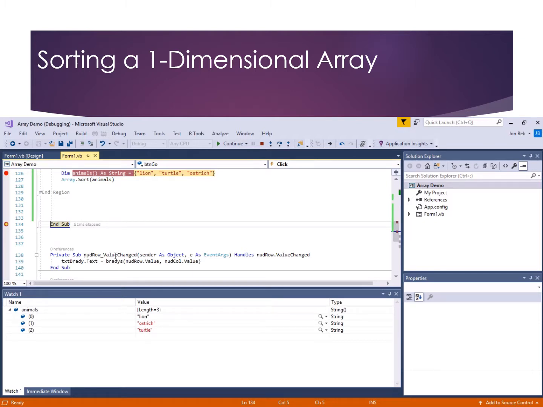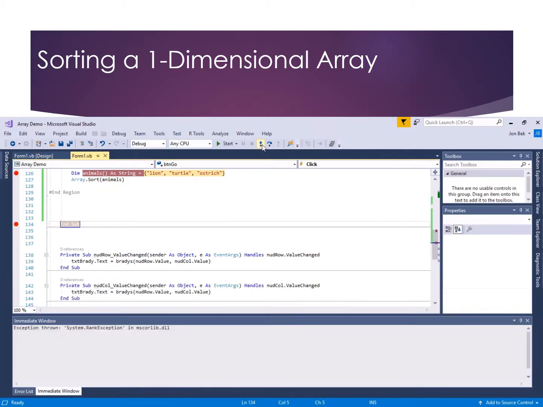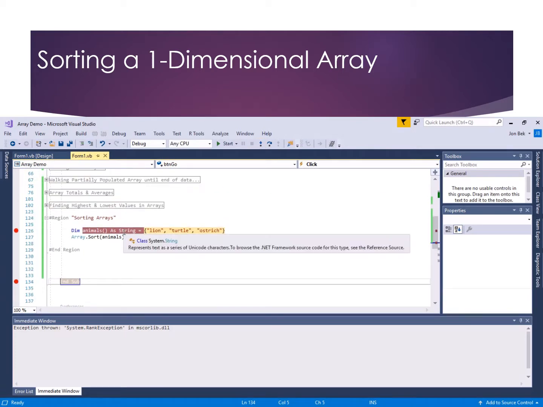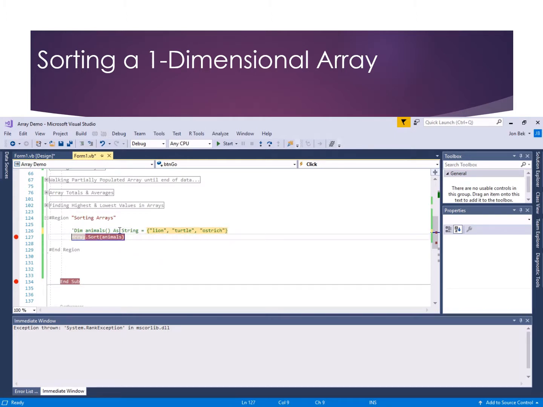Neat. Okay, so now we've got a sample. Let's see if we can use that sample on one of our arrays. Now, this was a string array. Will this also work on a numeric array? We've already got a numeric array, my array, out there. And so let's say